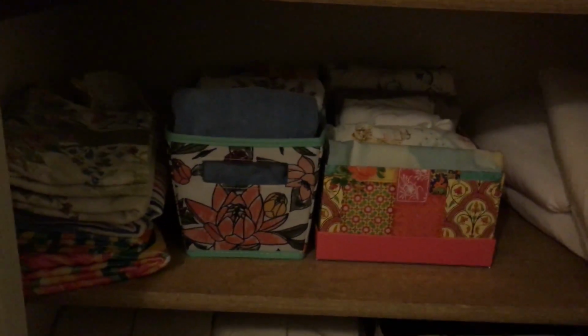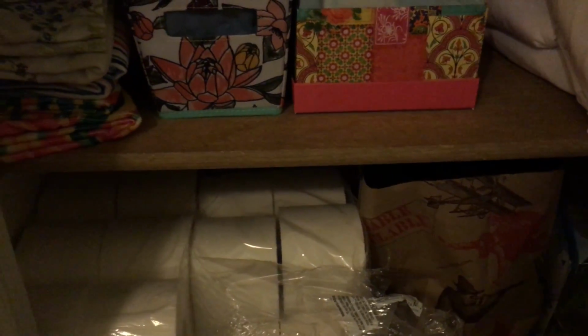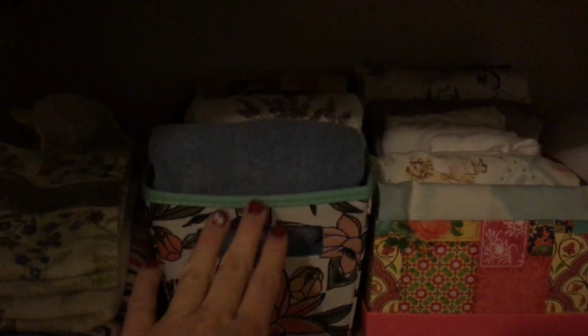And then it really freed up space down here. The toilet paper is fine, but I want to get a nicer container for our extra bathroom supplies here. But it's functional for right now. Everybody can find things. But, you know, you can use just a paper bag right now, and then once you get things done and you find stuff you really love, then you can start really fine-tuning and getting something that